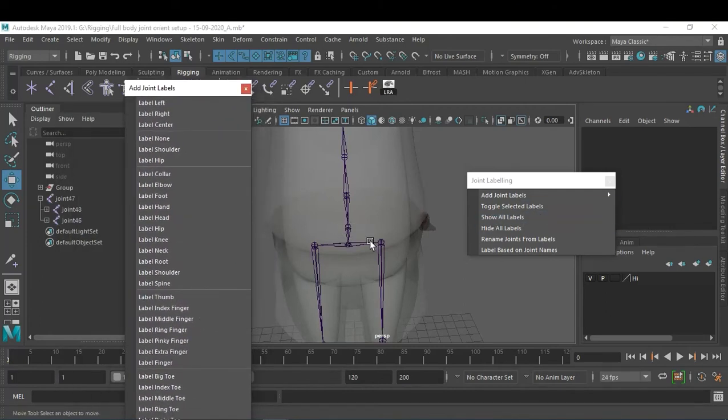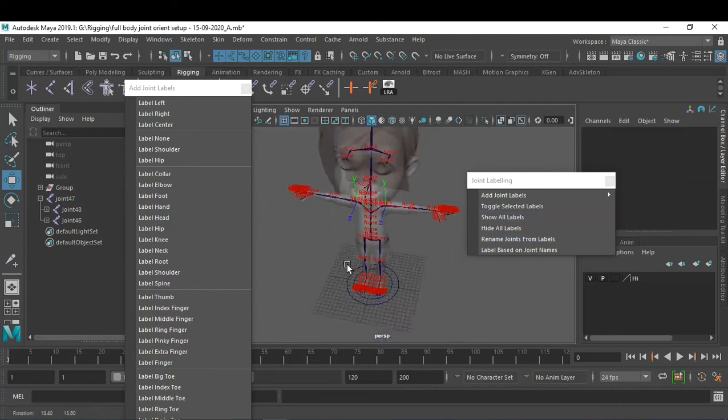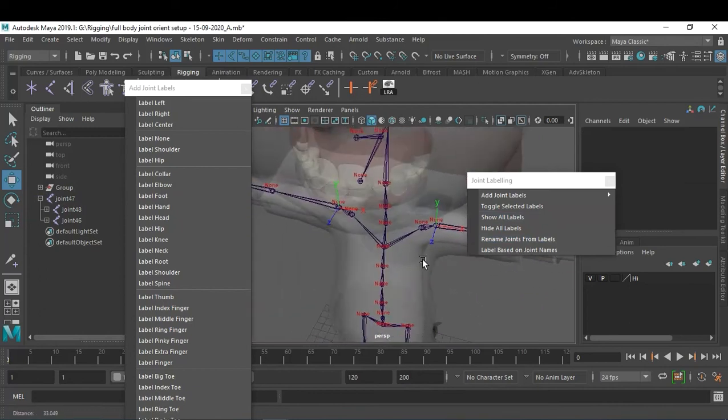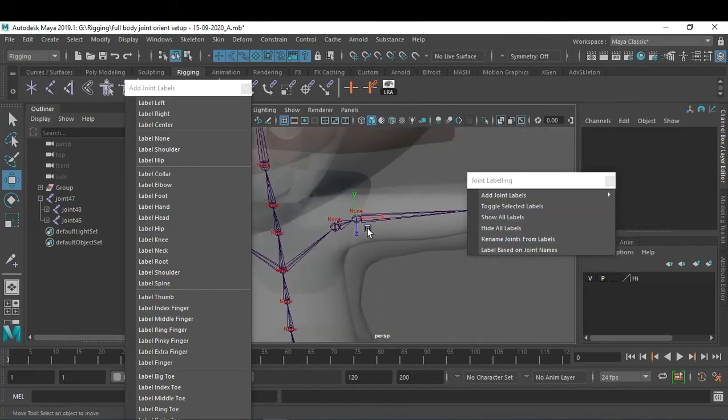For naming, just select the root joint and click on Show All Labels. Now we can see all the labels. So now we have to define what is what. This is my shoulder.